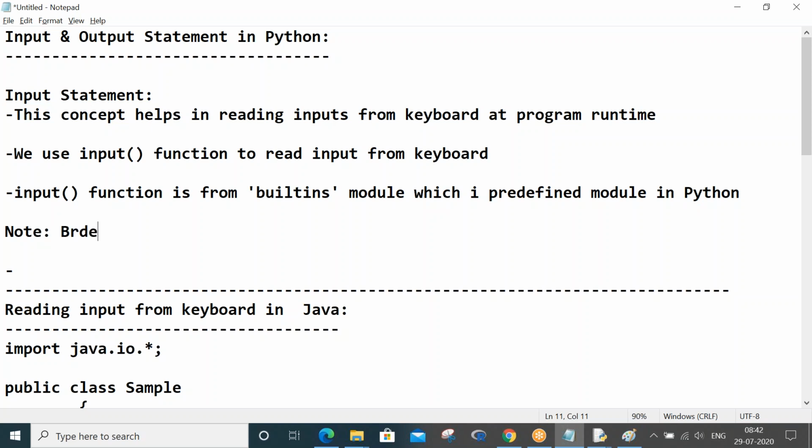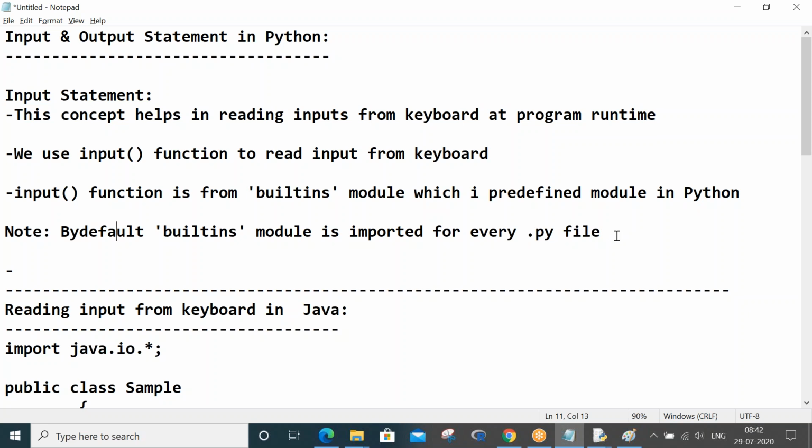By default, the built-ins module is imported for every .py file, for every .py file. So how many of you have understood this point really? See, by default the built-ins module is imported for every .py file.